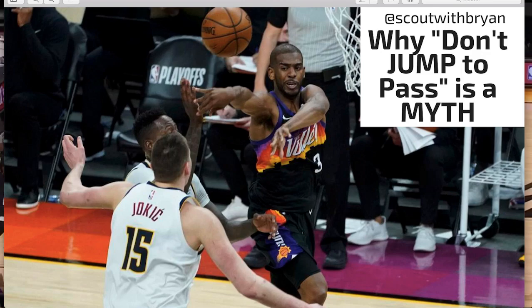Much like "follow your shot," "don't jump to pass" is one of the oldest basketball axioms in the book, frequently yelled by coaches or even parents at youth basketball games. But also like "follow your shot," "don't jump to pass" is a myth, a commonly accepted basketball nonsense that doesn't